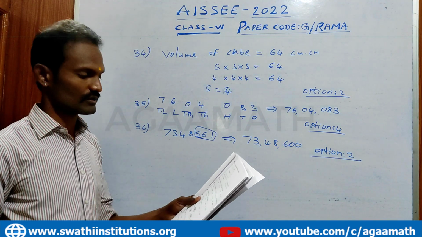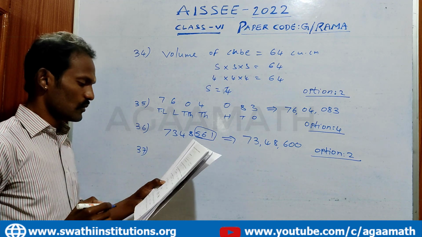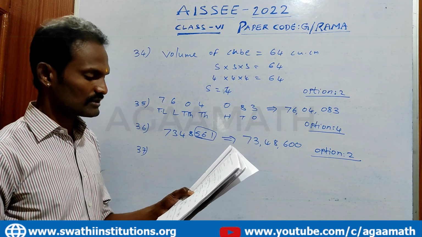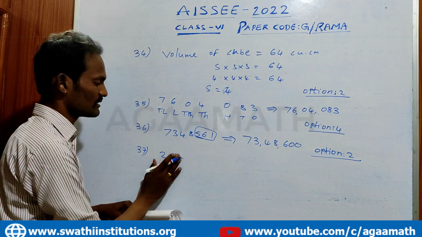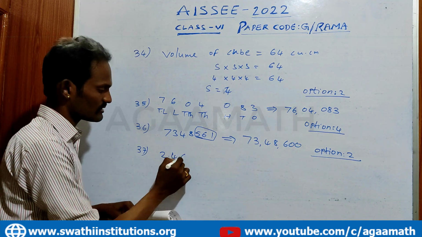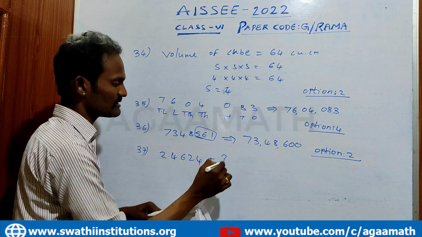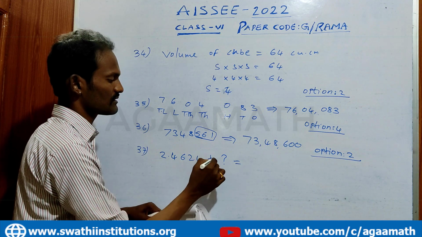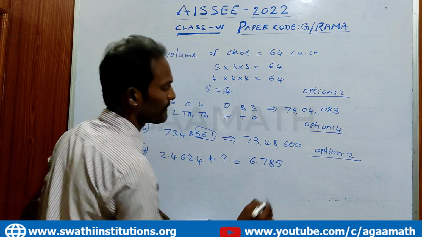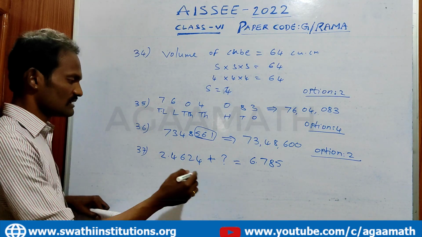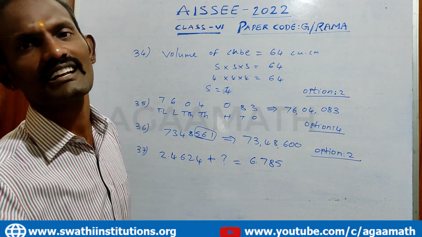Option 2. Okay. Now let us see the next, 37th question. What must be added to 2.4624? So what should be added to 2.4624 to get 6.785? Very simple, because it's obviously for around 10, 11 years age,